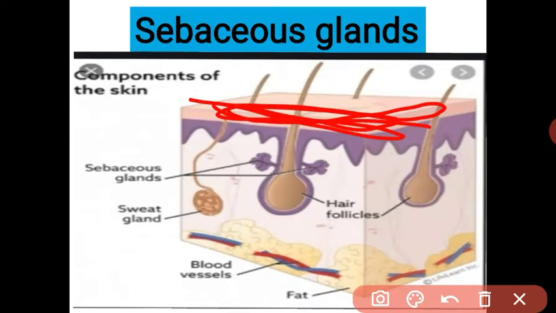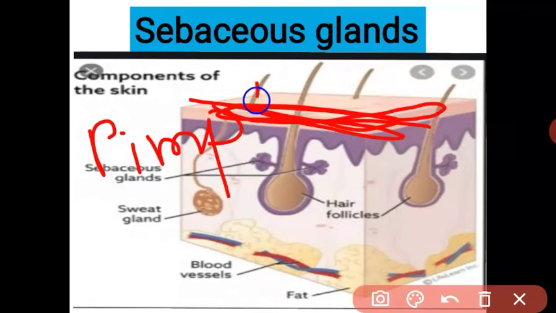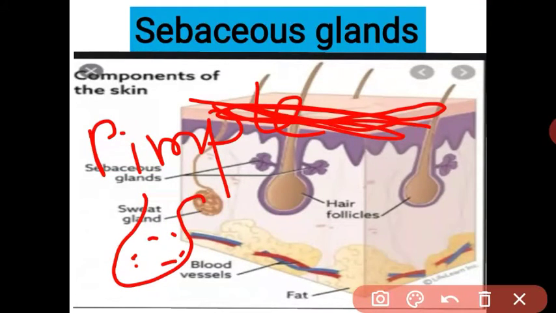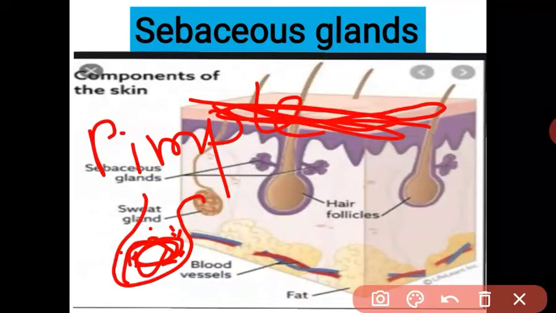It means the sebaceous gland has three common problems with the secretion of oil. One is the pimple. What happens? In the sebaceous gland there is an accumulation of sebum, and in the sebum bacteria increase, because sebum is very nutritive. When sebum accumulates in the sebaceous gland, the bacteria grow, so our skin gets infected and pimples form on the skin. Got it?